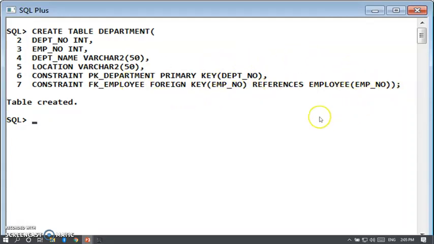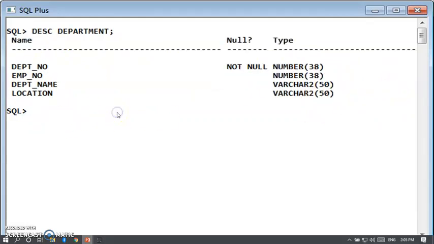If all your syntax is correct, end the query with your semicolon and your table will be created. Similarly, describe the department table. We can see here 4 columns, out of which department number is not null, along with the type of those columns. So this is how we have created a table and described a table.